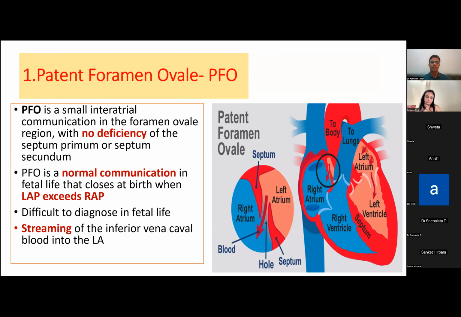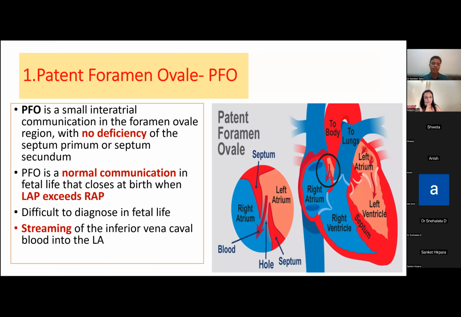Starting with the first, it is patent foramen ovale, in short form easily called PFO. PFO is a small interatrial communication. When there is no deficiency in the septum, it is necessary even in fetal life to be there as a PFO. Otherwise, it will be very difficult for the child to survive even in fetal life, which we'll discuss in some of the other slides